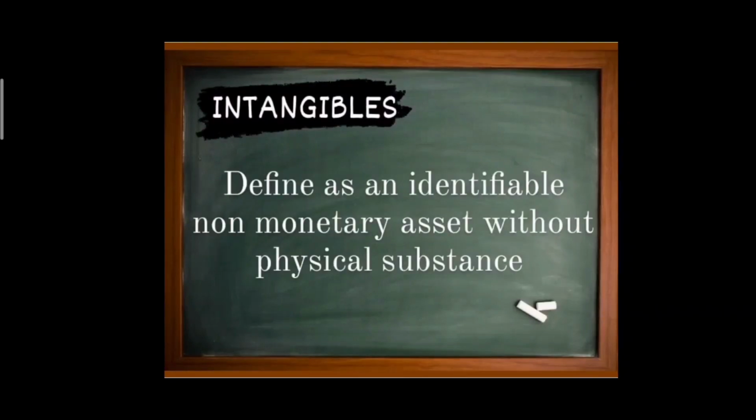Intangibles. Intangibles is defined as an identifiable non-monetary asset without physical substance. So, simple lang yung pinaka-meaning ng intangibles. Kapag sinabi nating identifiable, meaning kaya mong malaman kung asan siya at kaya mong ituro. Kapag naman sinabing non-monetary asset, meaning naman ito ay hindi siya cash or yung entity ay walang contractual rights to receive cash. Yung pinakang meaning naman ng intangible ay without physical substance.